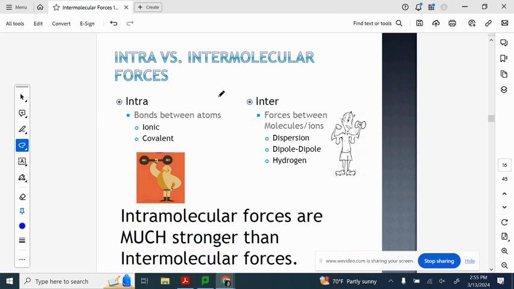So we have stuff called intramolecular forces. Intra means within. You can almost think of it as within. So for example, we have something called an intranet. And I'm going to do an okay job of explaining that. If I explain it to my husband, who's a real computer guy, he says I'm kind of wrong, but